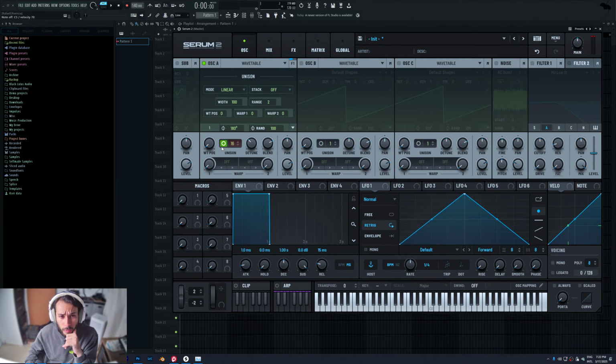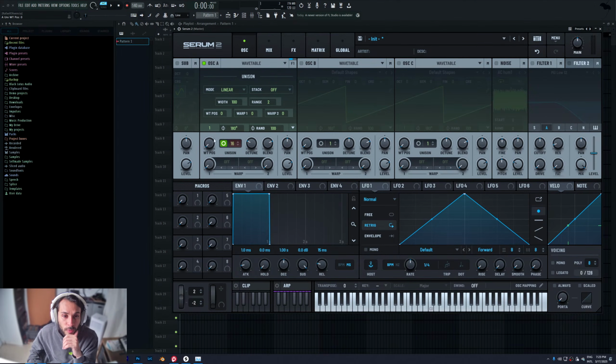And I don't know if I'm crazy, but it does sound sharper to me. I don't know if it's just hype. We can also add the stacks, the linear, and the different modes here. It's all drop-down menus. We can select the range here of the detune knob, so how aggressive it goes here. Wavetable position,